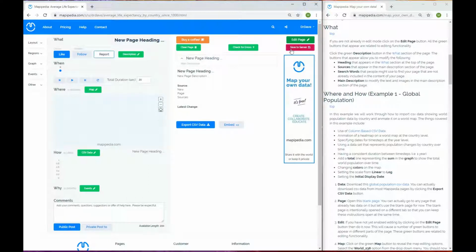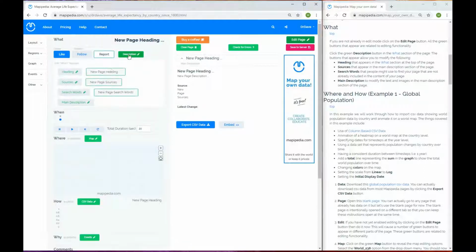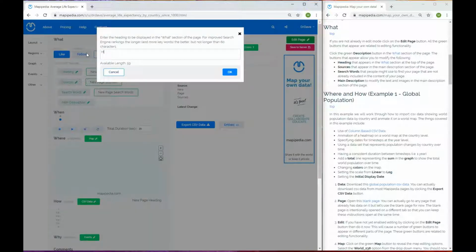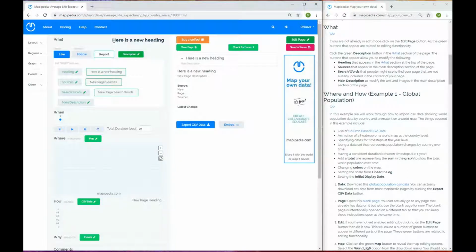You'll notice that this Save to Server button has gone red, which means that there's been changes made to it. So if we look at this description section, and if we decide that we're going to change this what section of the page, we can see some of the options that we have available. So there's the heading. You can see at the moment it's got the new page heading, which matches up the top here. If we change that, here is a new heading, and then we can see that's modified the top